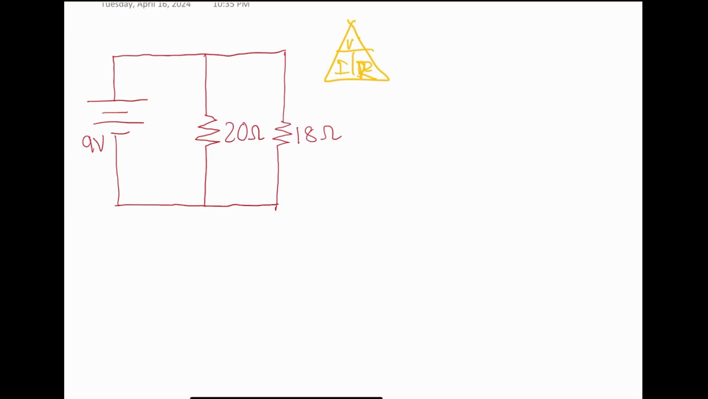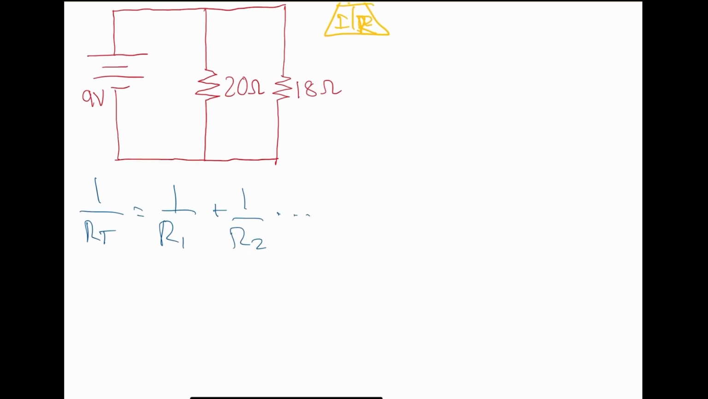Okay, first, in a parallel circuit, the voltage is constant and the current is not. It changes through each resistor. And you can solve total resistance differently. This would be your equation, and so forth. Now, given what we have,